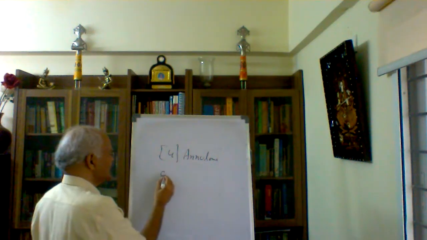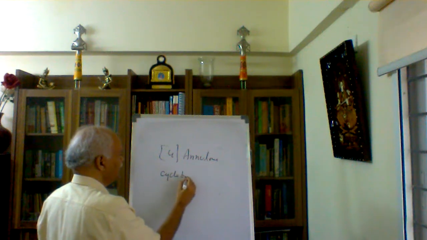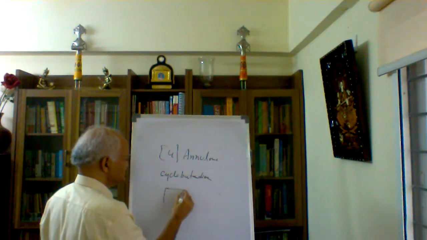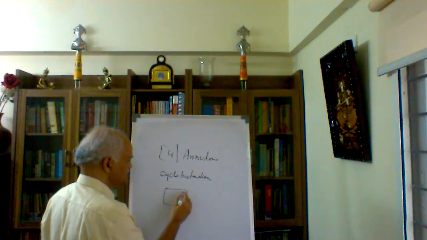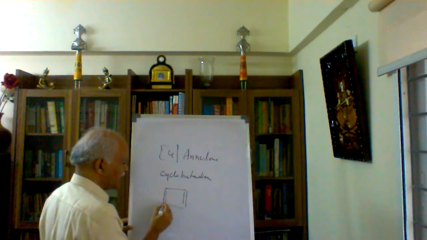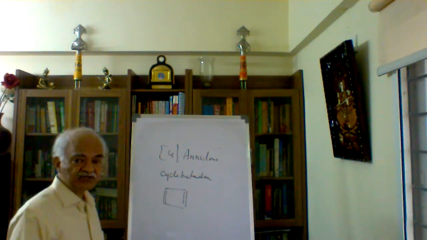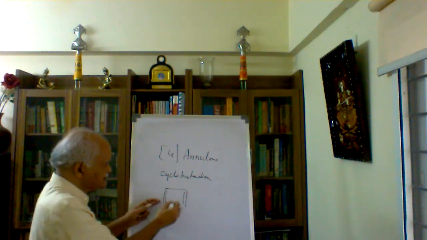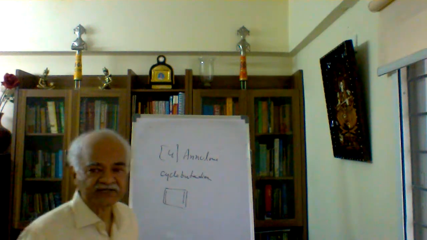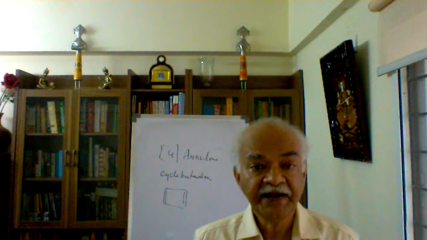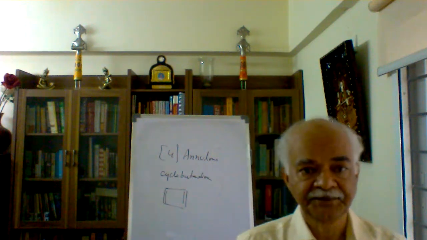Therefore, that is cyclobutadiene. This is the structure for that. This is a cyclic structure. One double bond, gap, one double bond. I think this is conjugated, right? Therefore, once it is conjugated, what's the next thing? We expect they will have delocalization of electrons. That's what we have earlier understood. And delocalization must give stability.